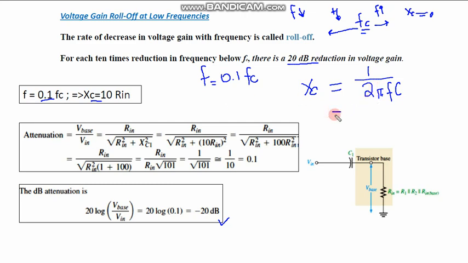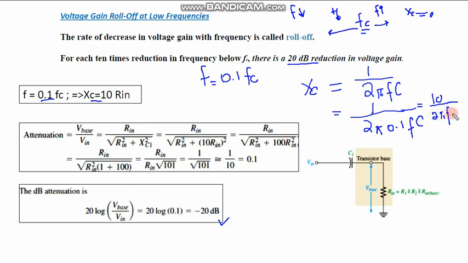So I can say 1 by 2 pi, F is 0.1 Fc, and C we know. Now 0.1 means 1 over 10, so I can write this as equal to 10 divided by 2 pi